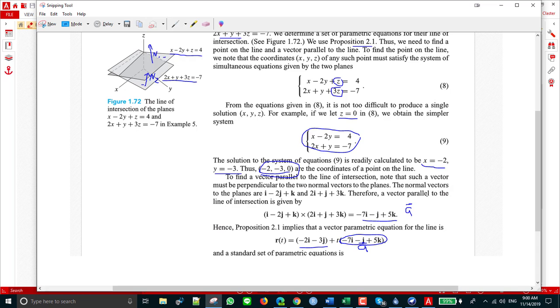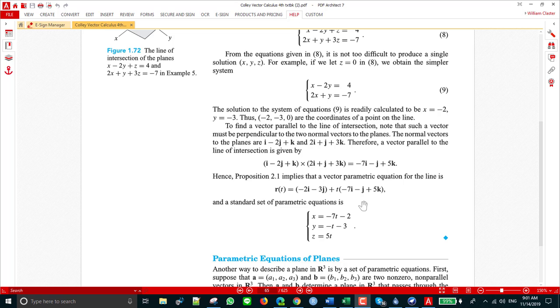Here's this thing. So we have that. And now we want to generate the standard set of parametric equations. So remember how we do that. Once we have this, we call this